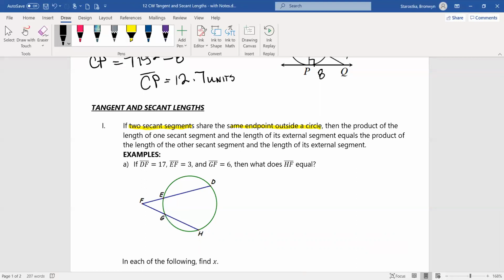What am I talking about? So what I'm talking about here is FD is the whole length of a secant. And if I go FD times FE, that external part, that's going to equal,